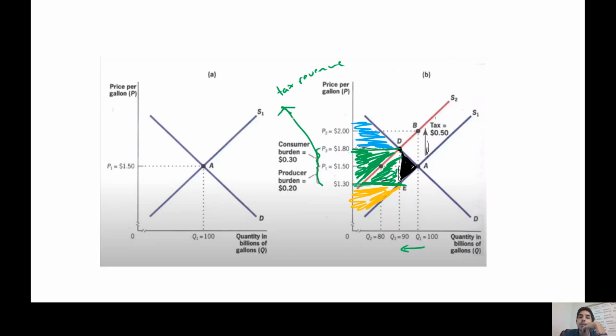This green area is going to represent tax revenue, which we can still think of as social surplus, but we end up, because we essentially throw away a gap. What would be the appropriate term?